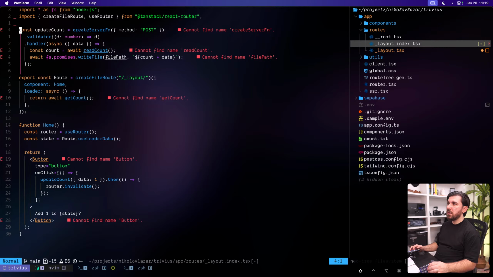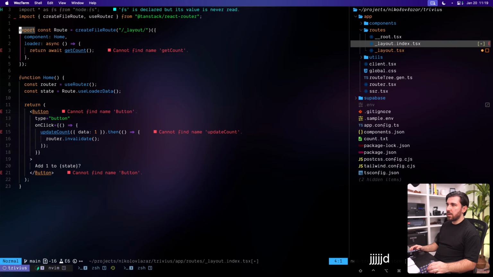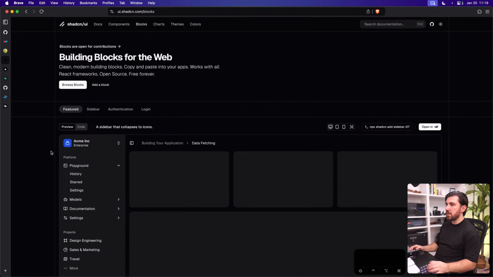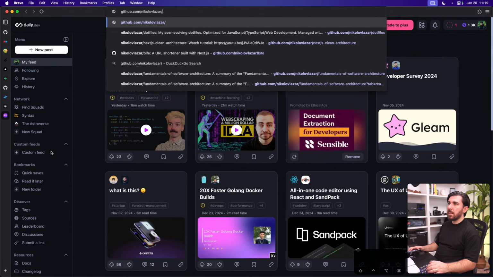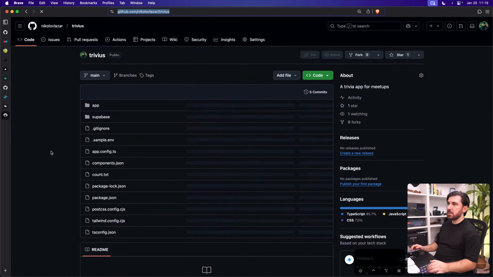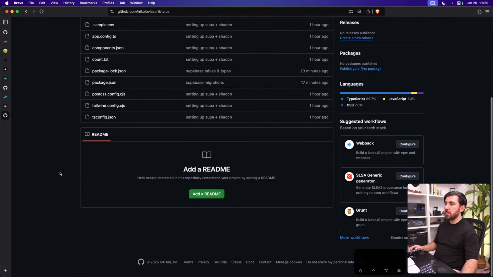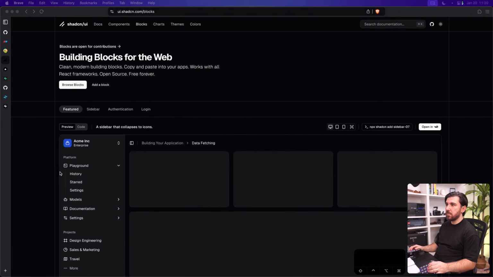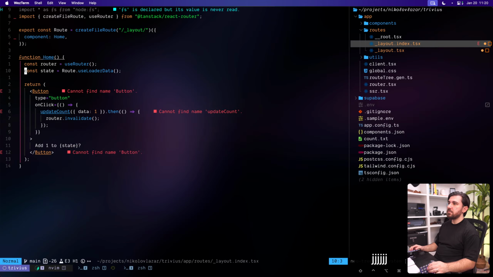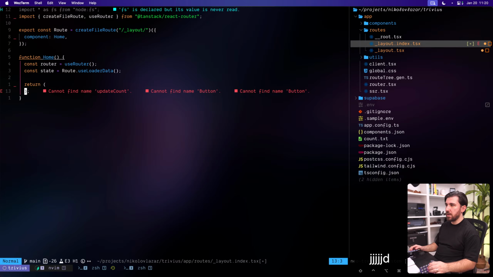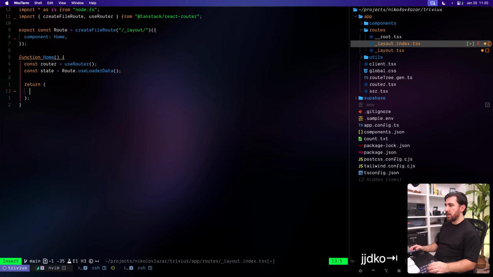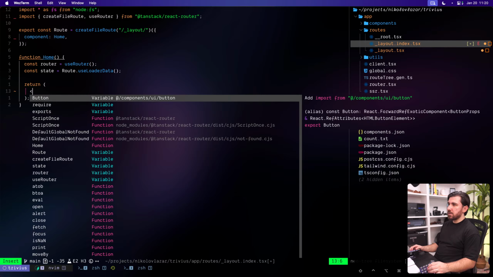Nothing. Update as well. We don't care about that. There's no loader as well. Hey Marco, repo. Trivius. Let me just paste that real quick. There we go. There's no readme as well, so we just started it. Okay, no buttons, no nothing. We're just going to say, yeah, cheers. We're just gonna say,